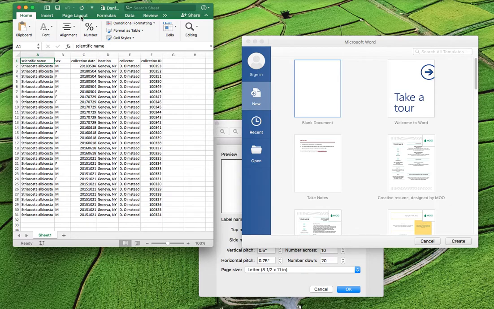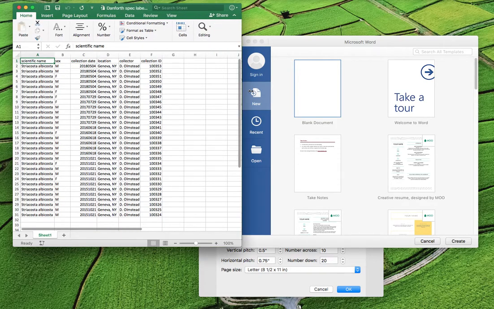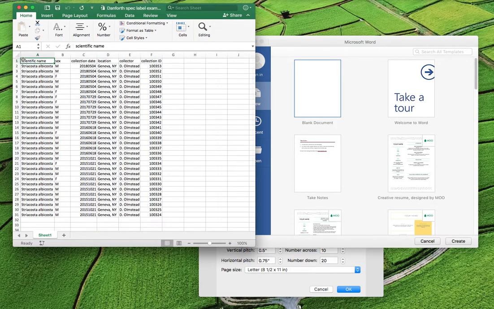information. So I've got an Excel spreadsheet here with a number of columns. The first is scientific name. For those interested, I'm using Striatocosta albicosta, which is the western bean cutworm. Other fields that I want to include in my labels, and you create a column for each field that you're